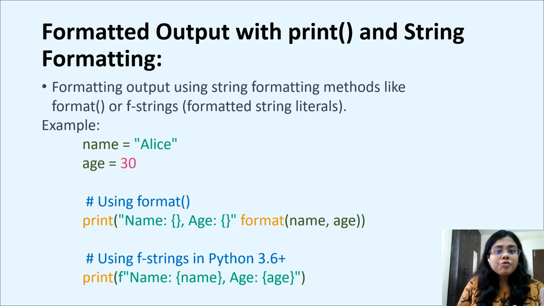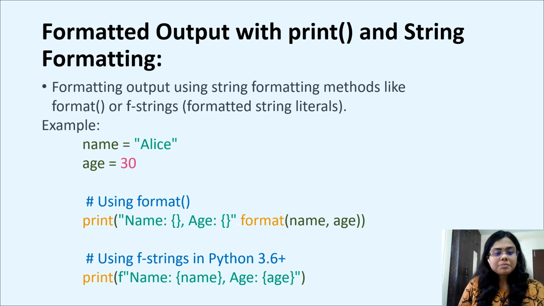In those cases, we might not know what the output will be. So when we want to incorporate a variable that has some value and print that value, we format the print statement in such a way that even though the variable may change into multiple values throughout the program, it will produce the last value that has been given to that particular variable